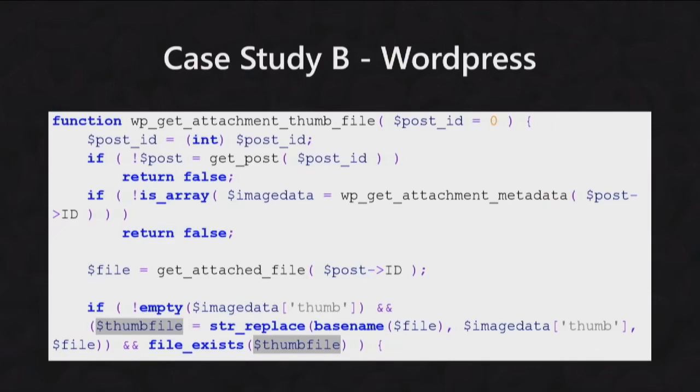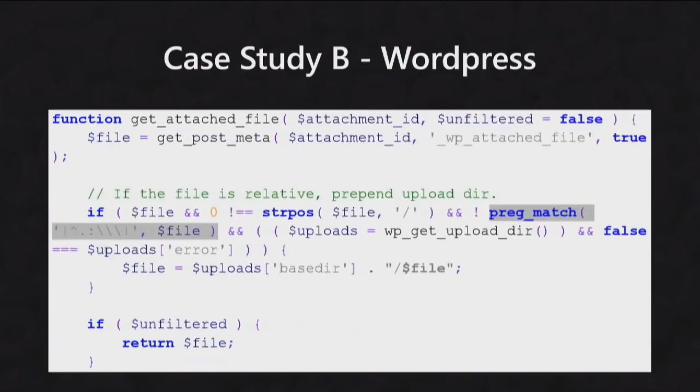So file comes from get attached file. I'll point to them over there. So if we look at the code from get attached file, in most circumstances it prepends the application's upload path. But there's certain circumstances in which it doesn't. So if the value of file starts with a slash, then it's an absolute Linux path and it doesn't bother prepending it, but that's no use to us. But if the file starts with something that looks like an absolute Windows path, so a single character followed by :/, then it also doesn't prepend this value. Now, despite the fact we're attacking a Linux system, we can set this value to something that looks like a